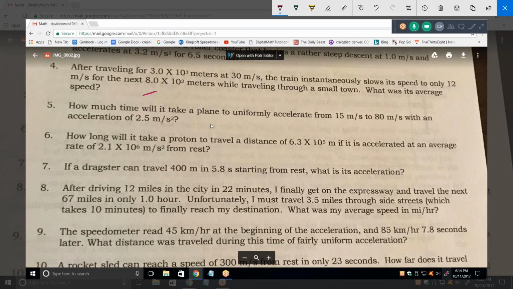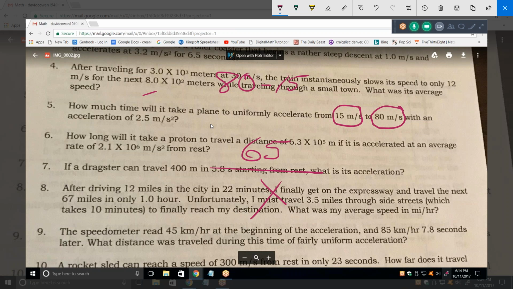Okay. So would you do 80 meters per second times 2.5 plus 15 meters per second? Here they're talking about acceleration. Remember what acceleration is. It's the change in speeds. So you take the ending speed minus the beginning speed, always. So 80 minus 15. That's 65, but only